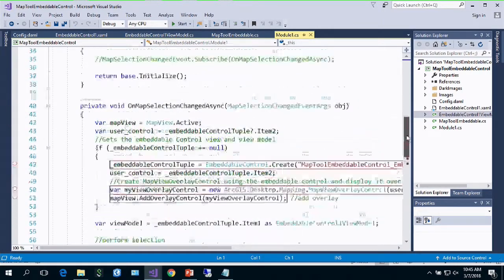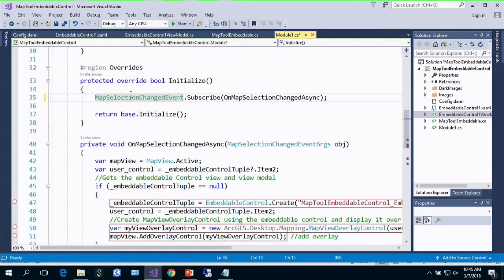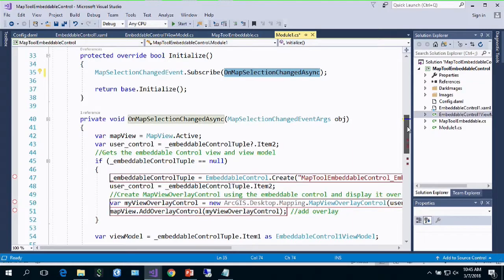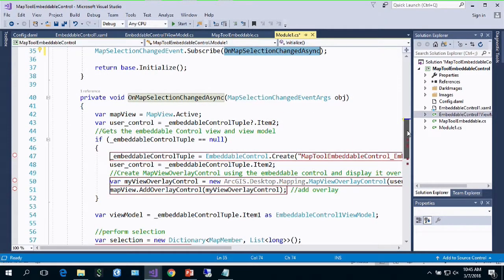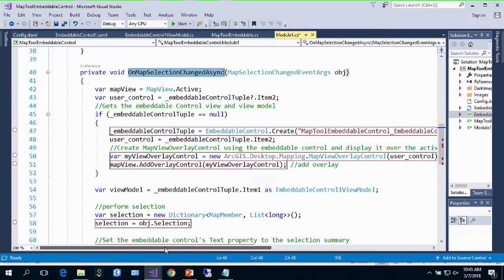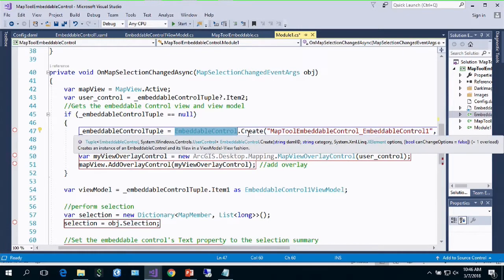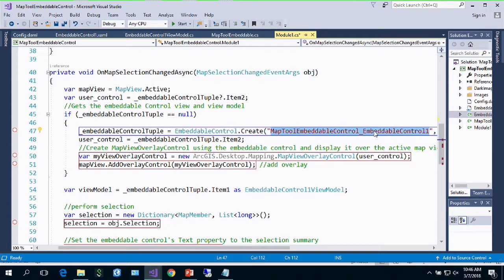Here in the module class file, I'm listening to the map selection changed event. So I'm going to uncomment this line. So whenever the map selection changes, I have an event handler here on map selection changed event. So within this event, the first thing I'm doing is I'm getting a handle to my embeddable control's view and view model. So the embeddable control class over here has a create method,